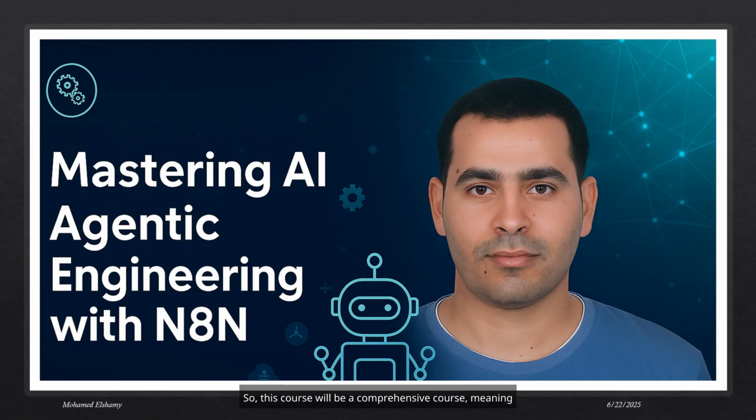So this course will be a comprehensive course, meaning it will cover AI Agenting Engineering, or agentic engineering, from scratch, all the way until you actually become an AI agent engineer. You'll be able to create applications in various fields, even very complex applications, and you'll be able to do AI automation yourself very easily. For this course, you won't be required to have any prior coding knowledge. You just need to have a very basic understanding of coding, and even if you don't have that, the material will still be very simple for you.